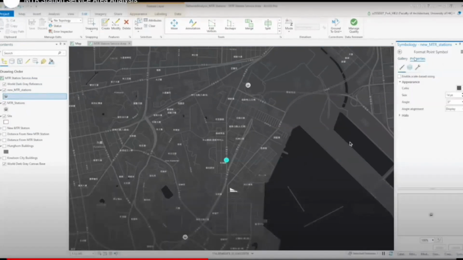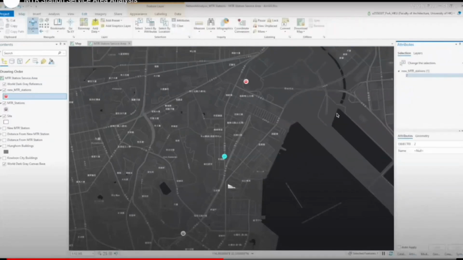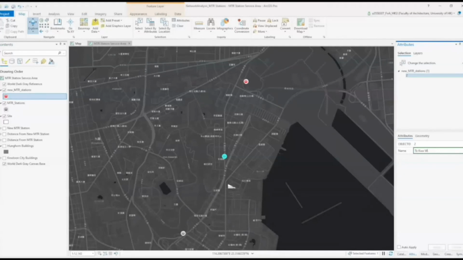But since they are both MTR stations, the icons are the same, so we'll go to properties and change the color into something easier for everyone to differentiate, and click apply. That's how you will have created the 4 feature points for you to do your analysis on.